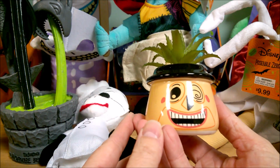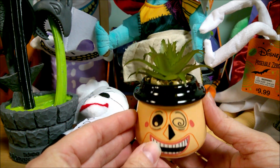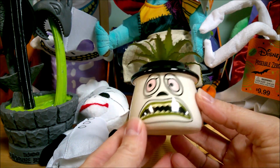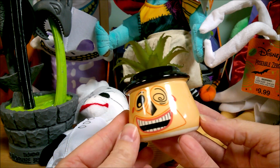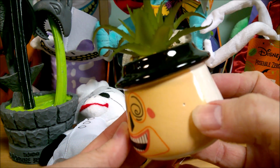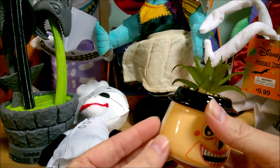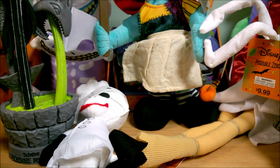And then here is the Mayor, who is new this year as well. He is $5.99. Like the other ones, he's got a little fake succulent. All these are artificial succulents. There's this other side of his face there. So he looks pretty cute. Oh, got a little bitty hole in him. And then I have